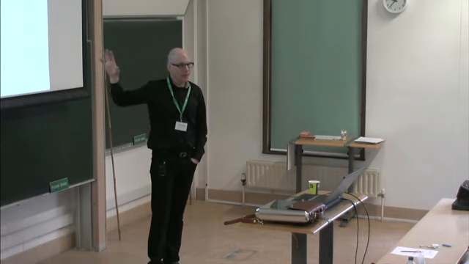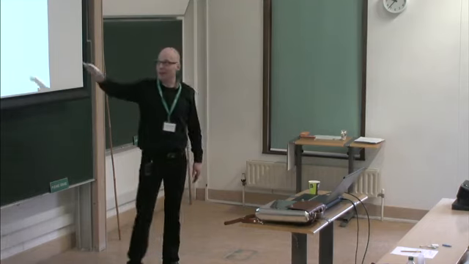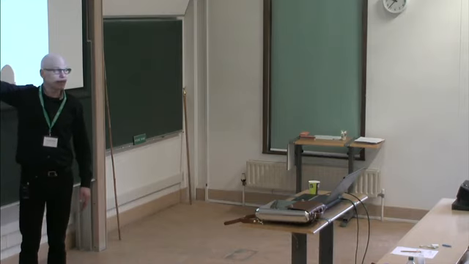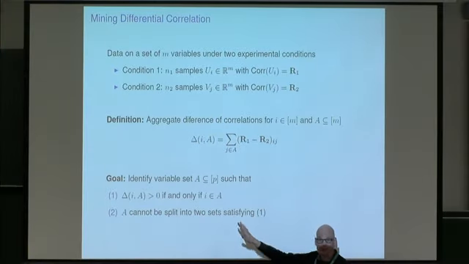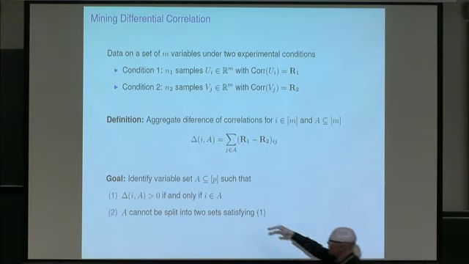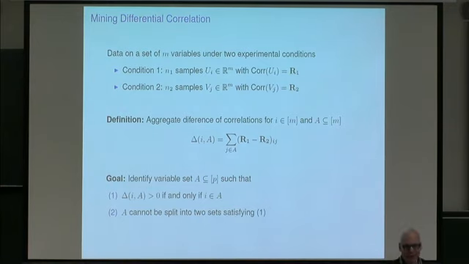When we talk about the algorithm, we'll see that we're actually looking at a fixed point. So there's a kind of fixed point character to this, what you might call stability or self-consistency. Everything in A is nice. Nothing outside A is nice with respect to A. In that sense, A is self-consistent. And then we want a certain sort of minimality. We don't want a set A which is really a group of differentially correlated sets, so we like to find A's that are as small as possible. This ensures that they won't be too big. We'll see how we address this methodologically. I think it's a little bit awkward, but it works.